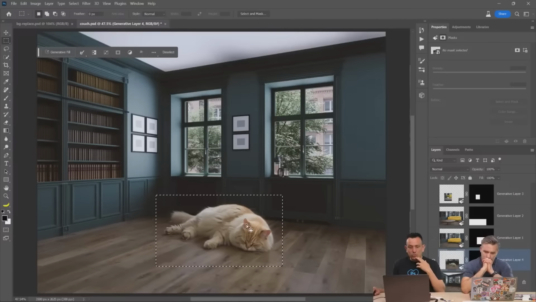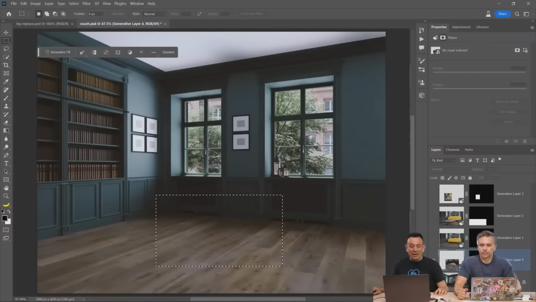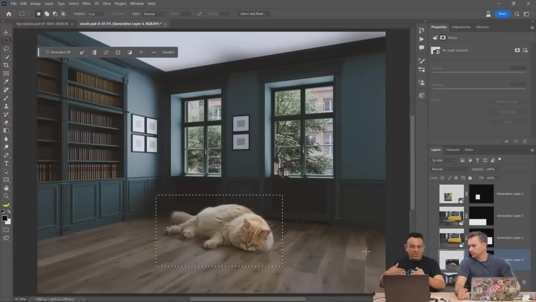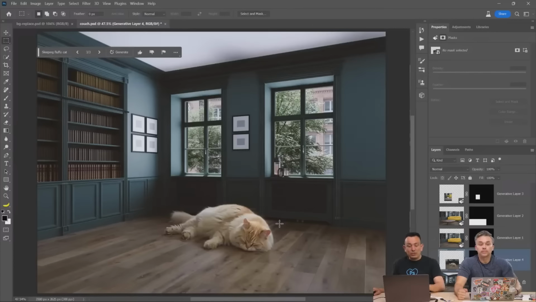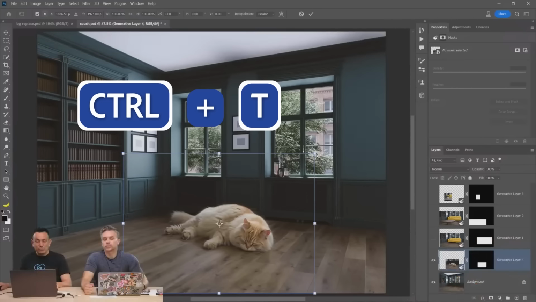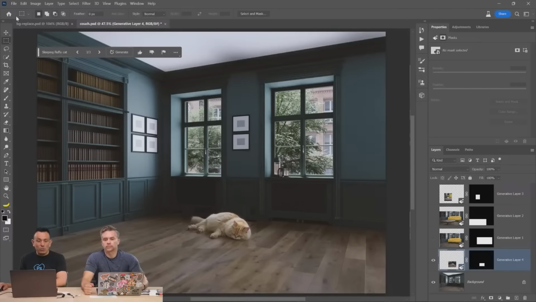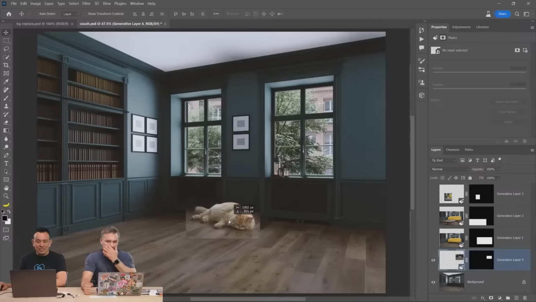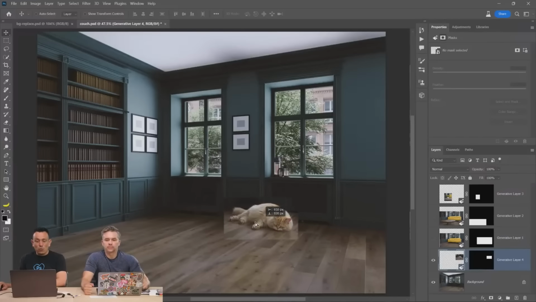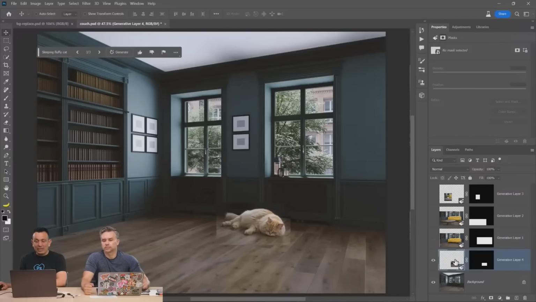When you do the generative fill, it fills in all the pixels inside of that selection. So it actually generated the floor as well. You don't get transparency. At this point, if you wanted to, like you mentioned, the cat was a little too big, so we want to make it smaller, press Ctrl-T to transform. But when we do that, we get the same issue that I was talking about earlier with the background. You can see that the background is there, but if you ever transform and move the cat to another location,